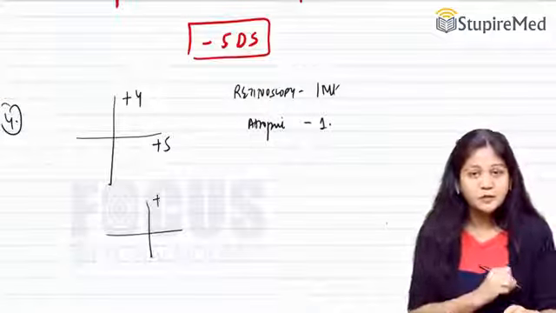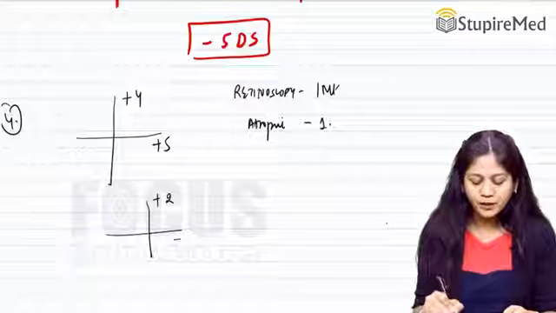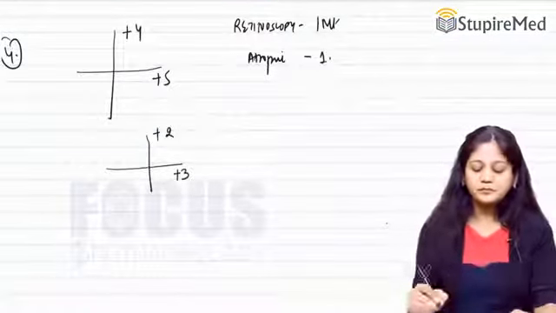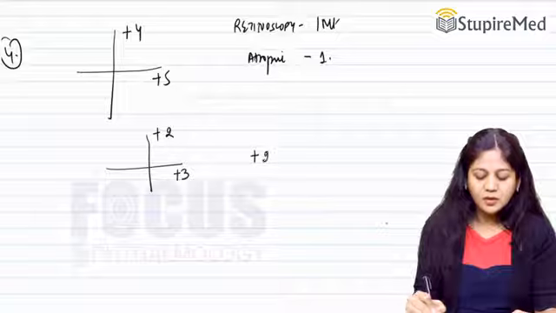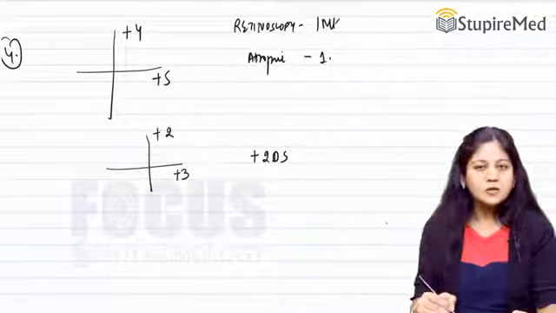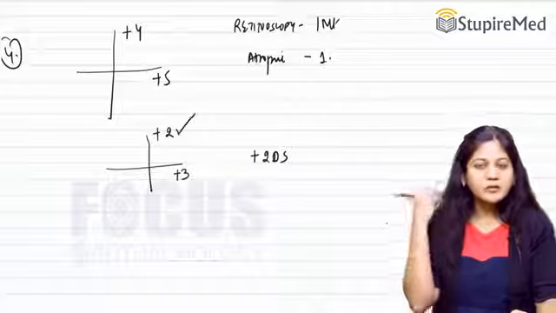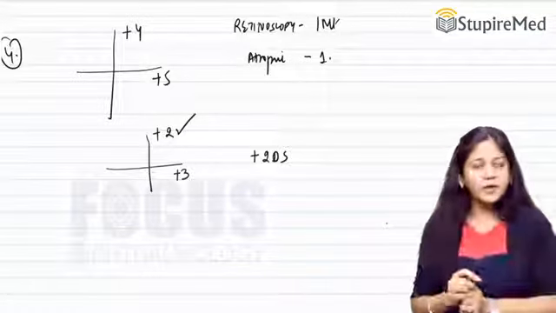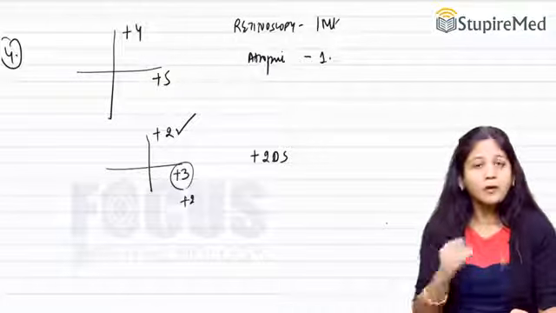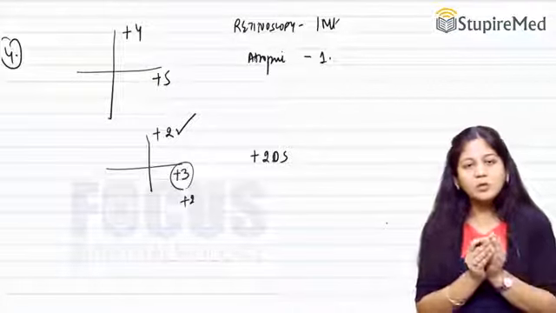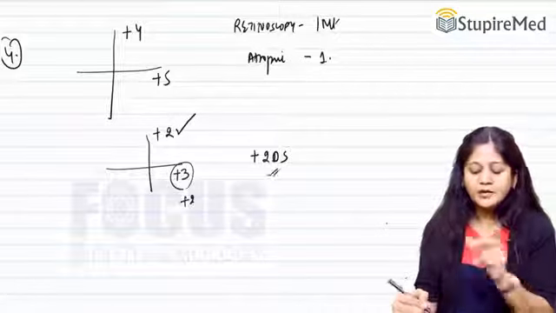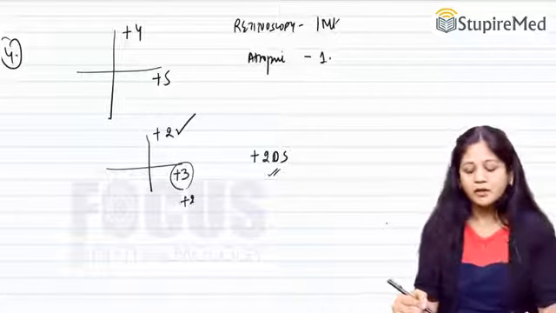After making the correction, we would have +2 here, and +3 here. So let us try to solve this question. First, I would like to give the patient a +2 diopter sphere. This +2 is going to take a whole correction of the things in the vertical meridian. Now this +2 is also going to cover something from the horizontal meridian, so +2 would be taken care of by putting a cylinder on the horizontal meridian also.